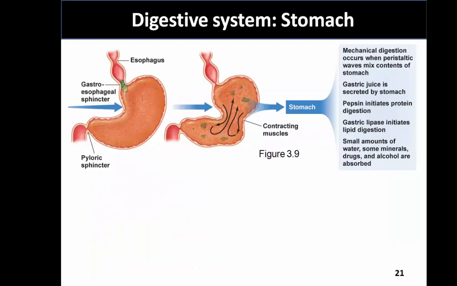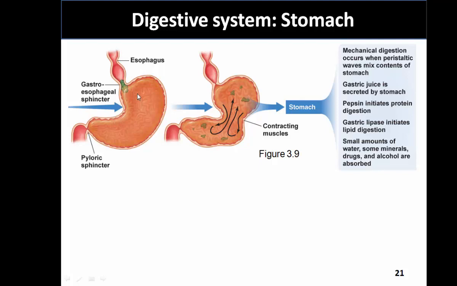In this part 3 of Unit 3, we're going to take a closer examination of the stomach, the function of the small intestine, and the role that the accessory digestive organs play in the digestion and absorption of nutrients. So on this slide, picking up from part 2 of Unit 3, we see in this upper illustration